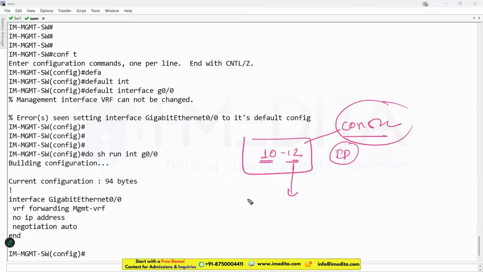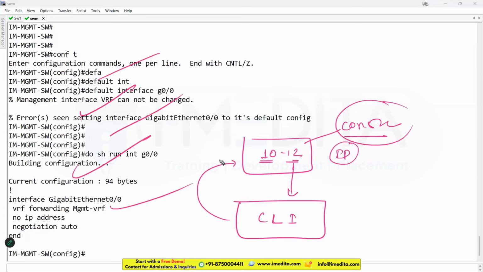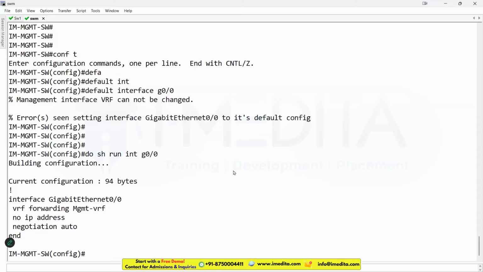So especially when we talk about CLI, the command line interface, we can take the access of the switches via PuTTY, Secure CRT, or these kind of applications. From there we can do the management configuration, whatever we need to do. That might or might not be the best approach. What you can do, you can enable